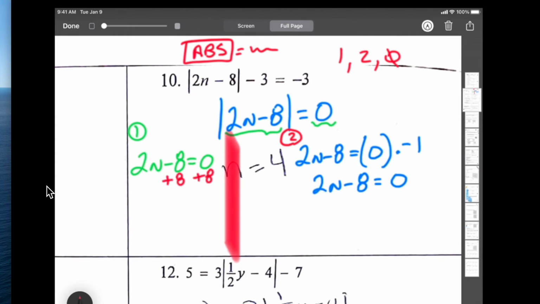That's fine. And that'll give us 2n equals +8. Then we divide both sides by 2. And we get n equals +4. Or